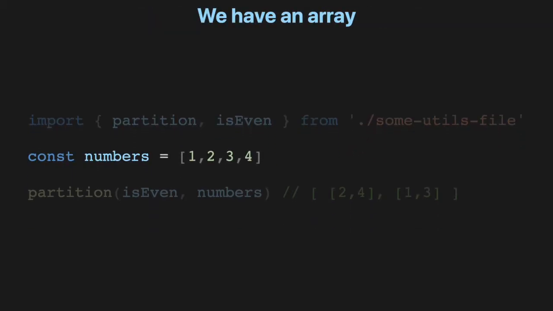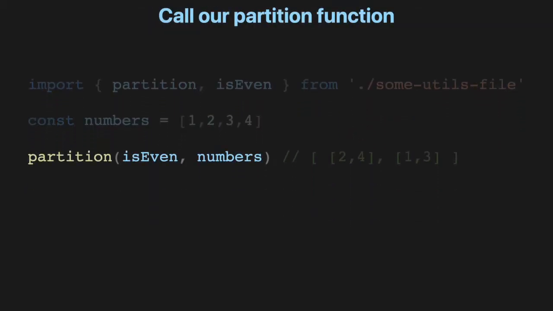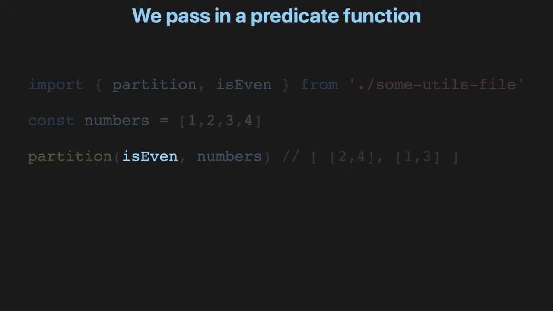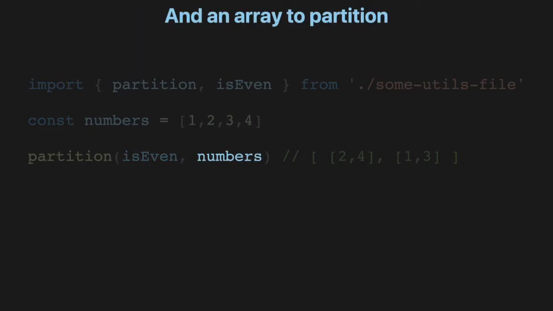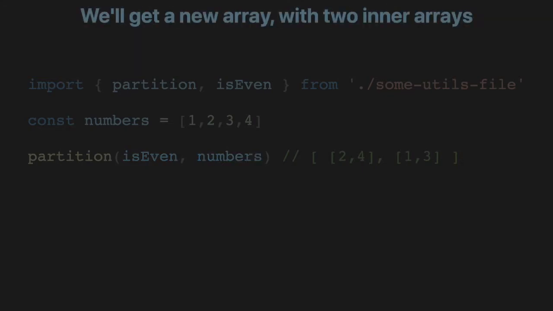Okay, so we have an array, and we're going to call partition with that array. But notice the first argument is the predicate function. The second argument will be the array itself. And we get a new array back,